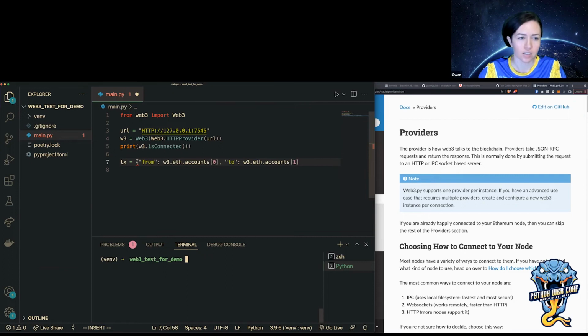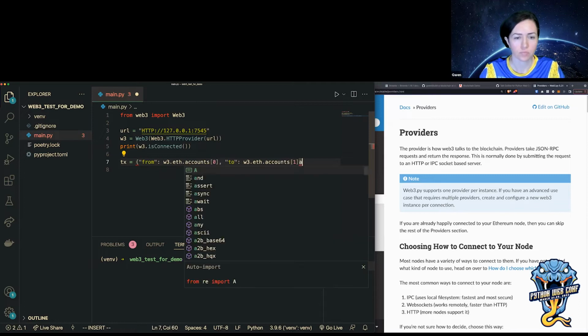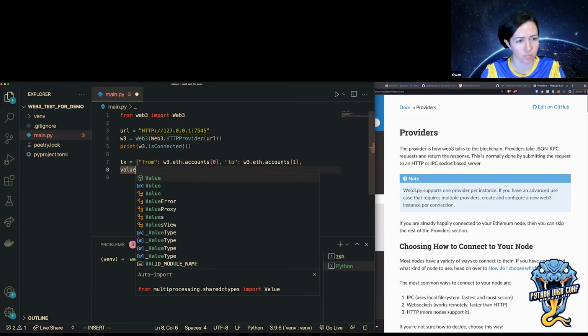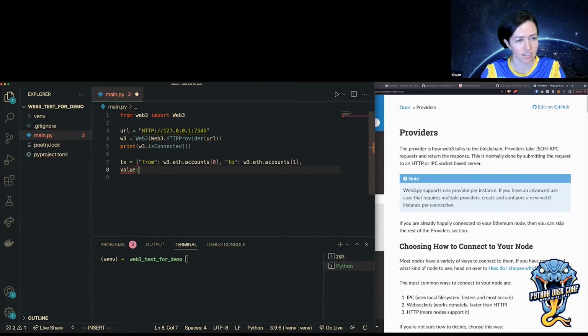So I can create a transaction, let's see, from, to, and then I do need to send some kind of value here. So let me put this on the next line so it's easier to see. Auto formatting will hopefully fix it. Okay, so I need to send some kind of value. Now, what's interesting about value in blockchain, so if you know, probably any currency, so I live in the US and we have our smallest bill is the $1 bill, but we can break that up even further.